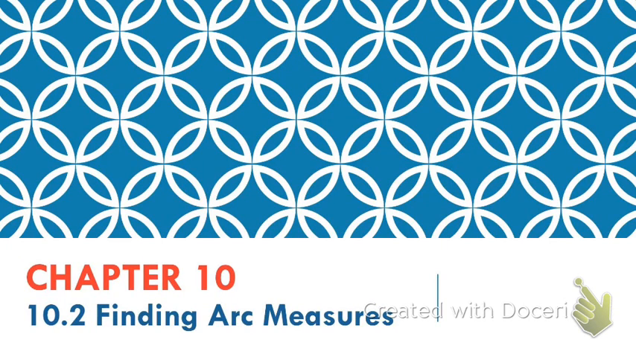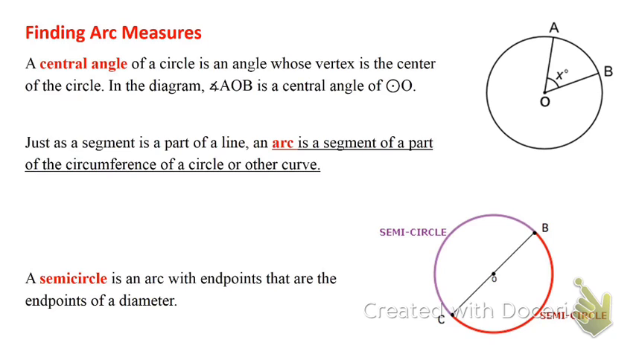So today we're looking at section 10.2, which is about finding arc measures. So we need to start by defining what is an arc. An arc is basically based on an angle, and an arc is really just a part of the circumference of